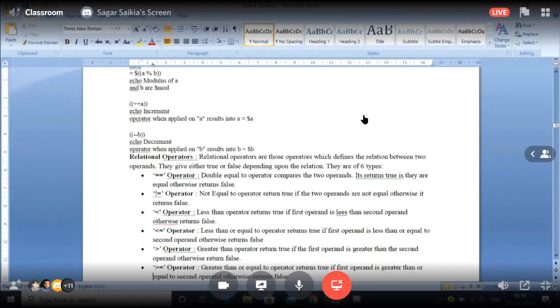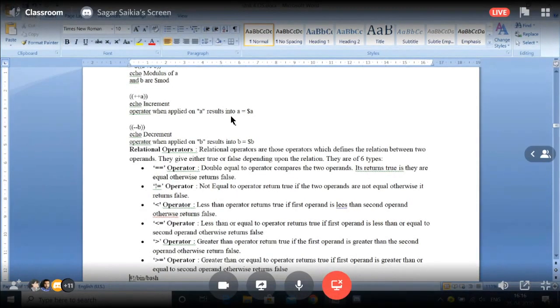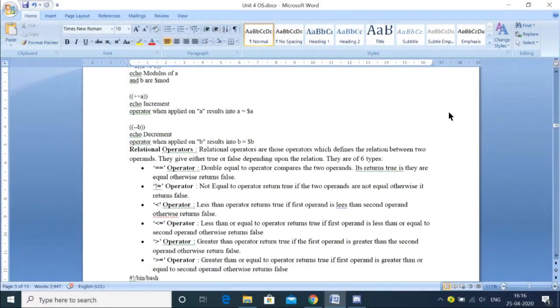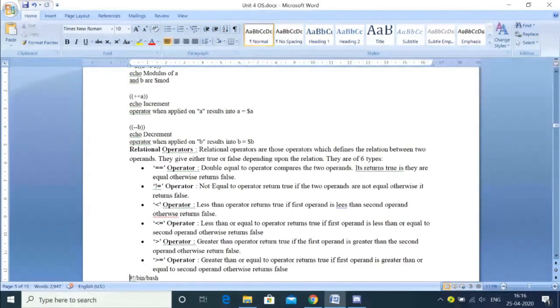What are the relational operators? So relational operators also you must already be familiar with. There are six of them. Equals to, so the equals to operator is basically used for comparing two operands, isn't it? Not equal to. So this is the not equal to symbol. If suppose two operands are not equal and you want to do that comparison, then you can use this operator. Less than also, if suppose one operand is lesser than the other one, then similarly less than equal to, greater than equal to. It's similar to what we have studied